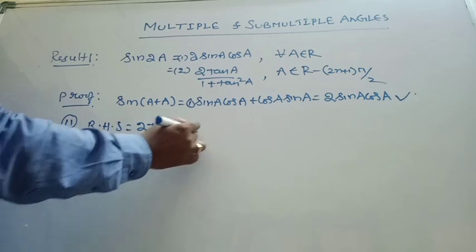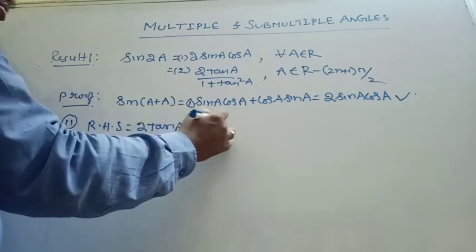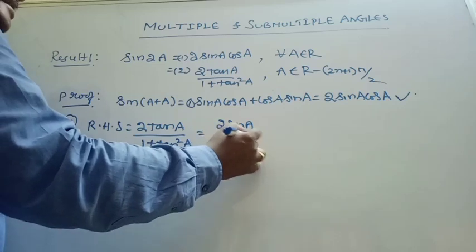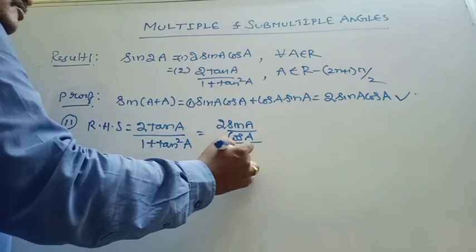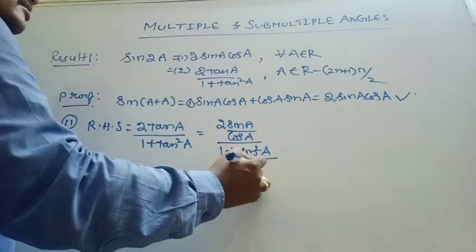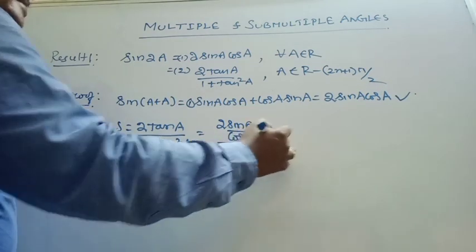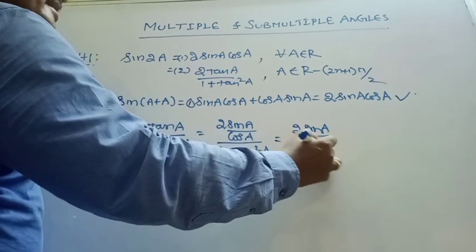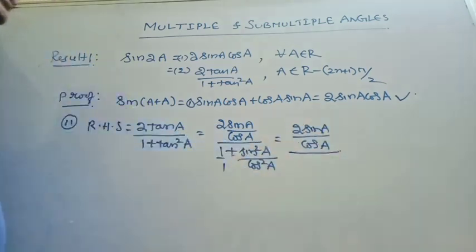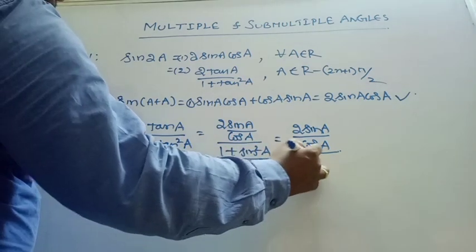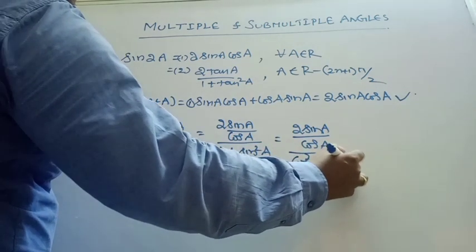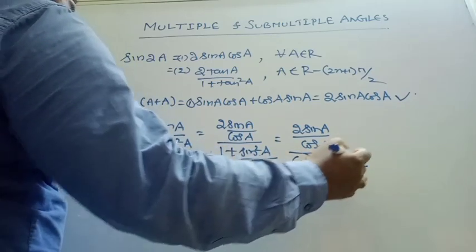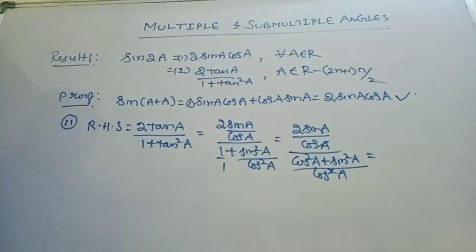If you take this, it is nothing but 2 into sin A by cos A, whole thing divided by 1 plus sin square A by cos square A. Now this equals 2 sin A by cos A divided by cos square A plus sin square A by cos square A. One cos A will be cancelled,